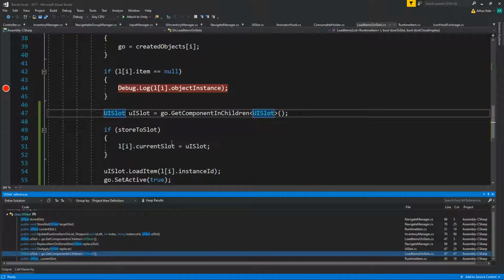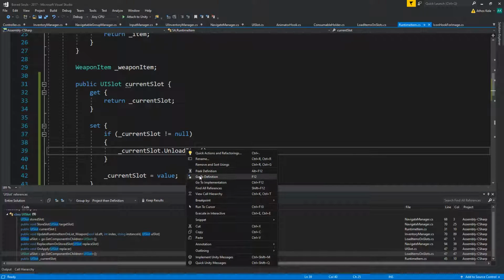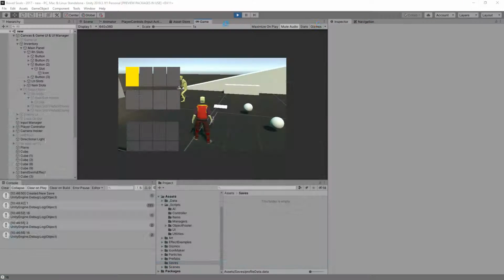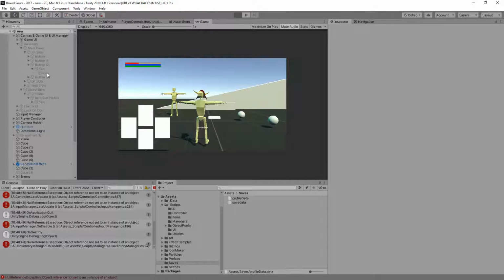Yeah, I'm pretty sure if we remove this, we're going to start getting duplicates again. But the icon, the image itself, is going to be